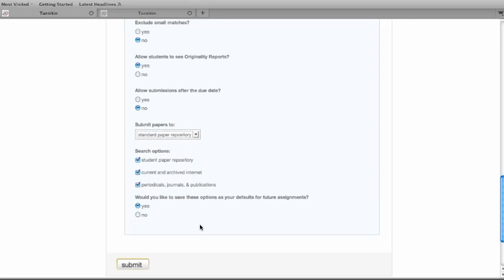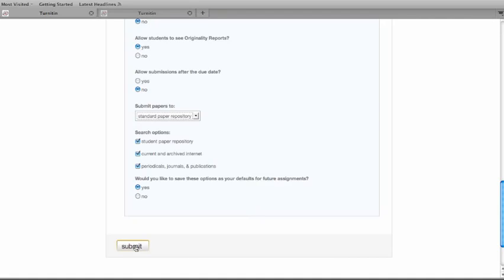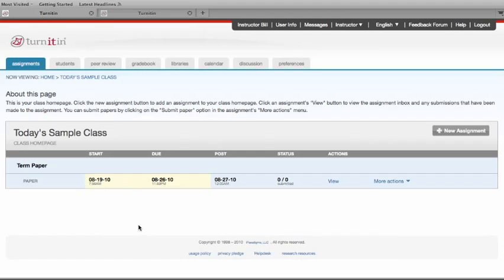Now you can go down and click on the Submit button to create the assignment. Once the Submit button is pressed, the assignment is created. You're taken back to your class page and you will see the paper assignment you've created, the start date, due date, and post date. And you'll be able to click on the view link to go to the assignment inbox or the more actions where you can